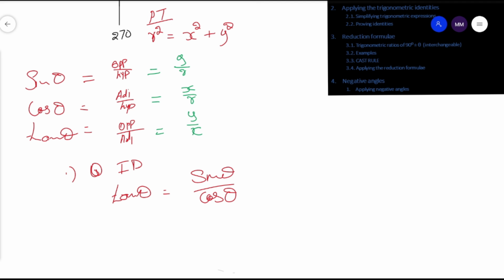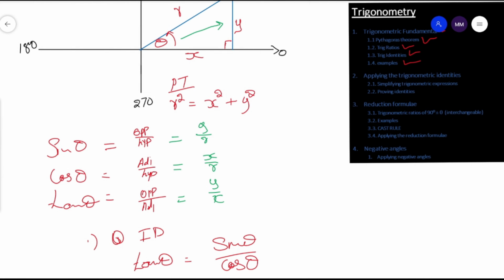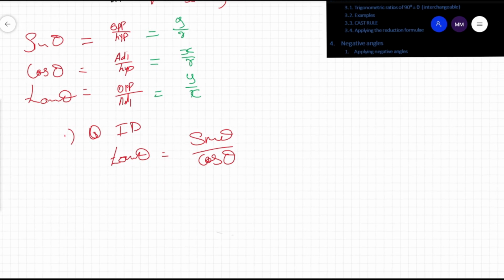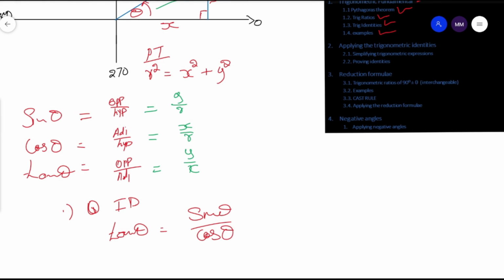To compute this, we now have to put this in these trig ratios, right? So we know that the sine of theta, according to this over here,